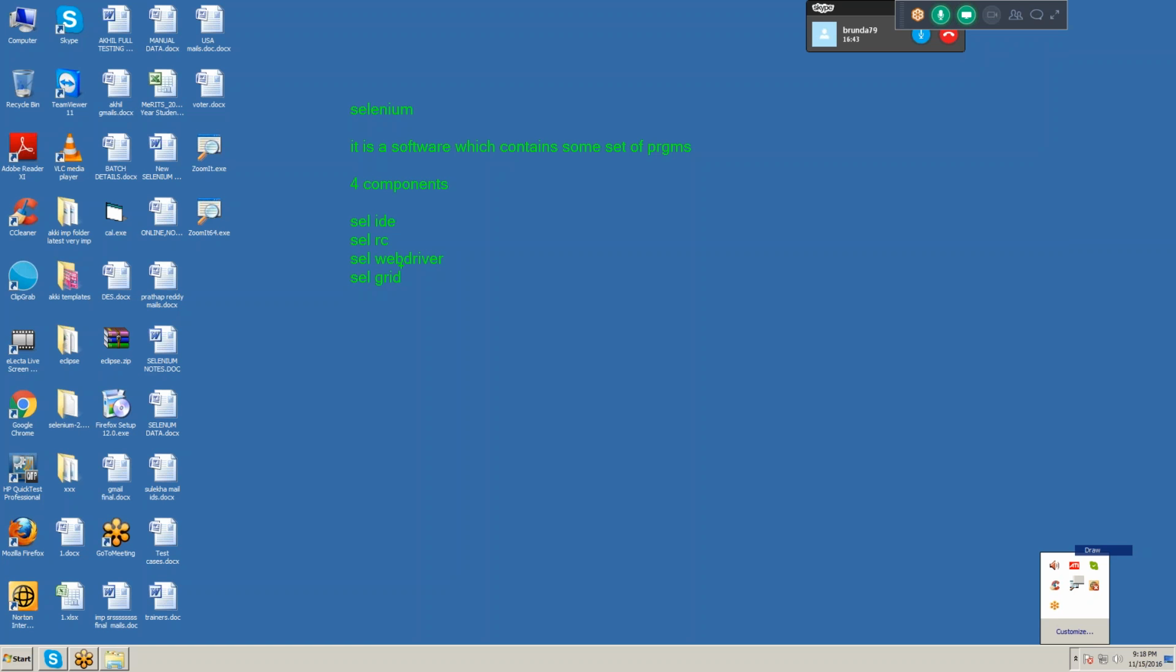IDE means Integrated Development Environment. What is Selenium IDE? Selenium IDE is nothing but a software, same Selenium definition, which contains some set of programs. These set of programs we need to